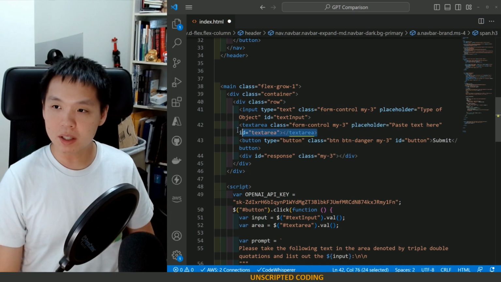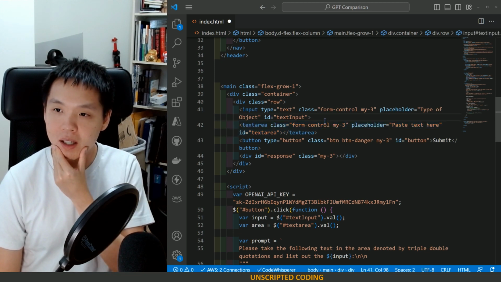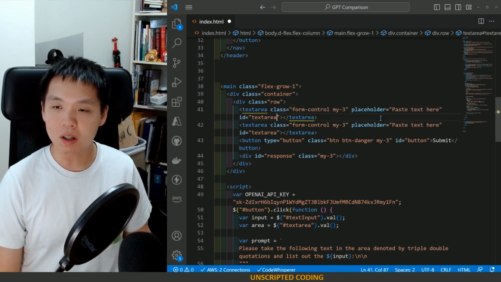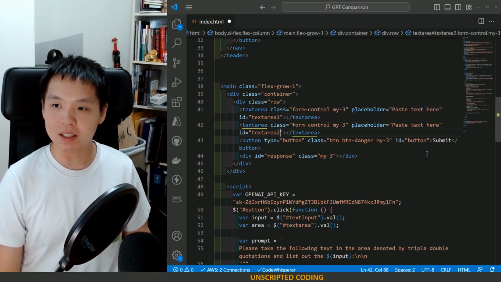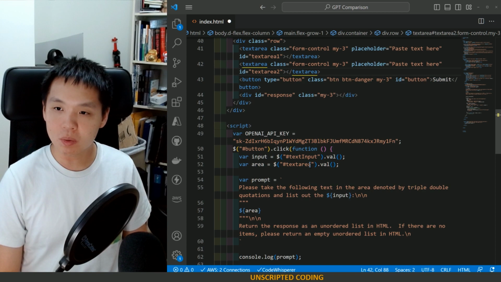So, we're going to need two different text areas. And we'll call it text area 1 and text area 2. We'll have a submit button. We might have a couple others. And so, we now have text area 1